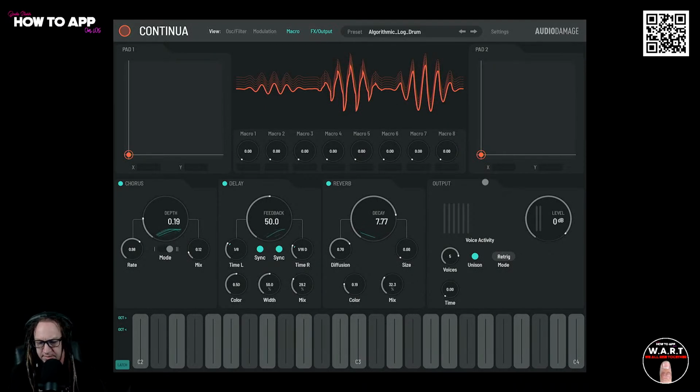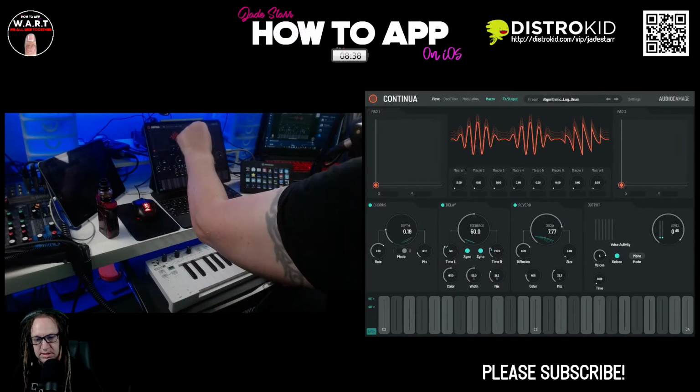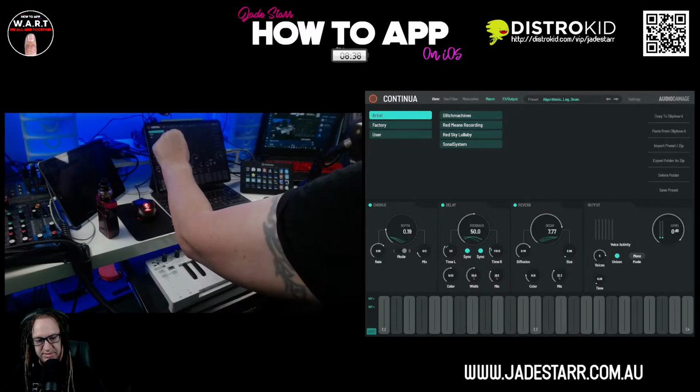Alrighty. Also, just to let you know, this is a poly synth, so it's an 8-voice poly synth. You can actually change it to a mono. So you've got mono, which means I can't hold multiple keys down. Let's find something interesting here. We'll grab a...